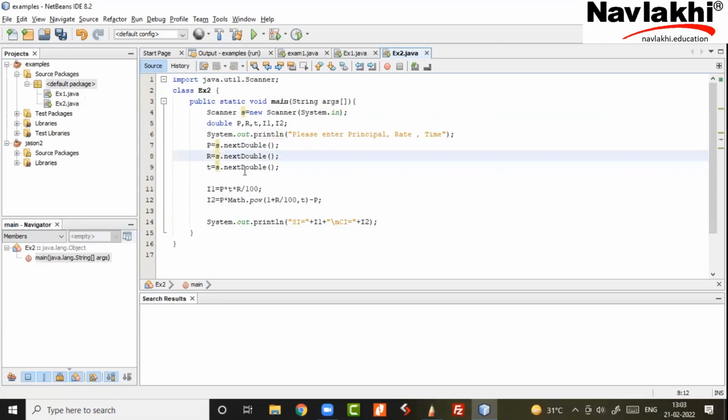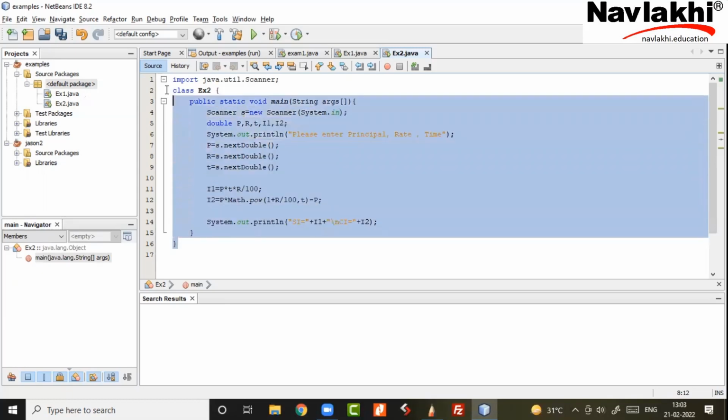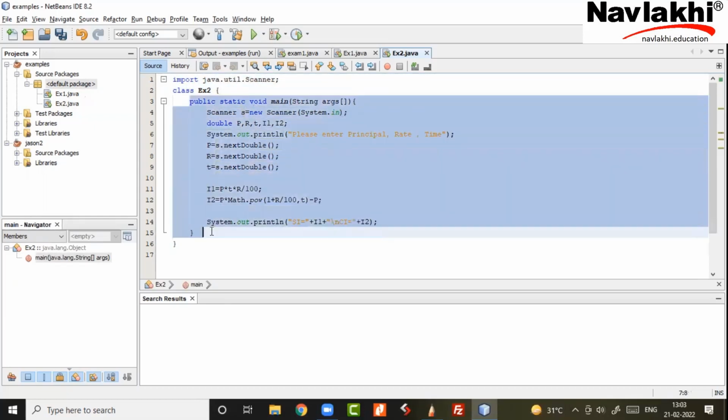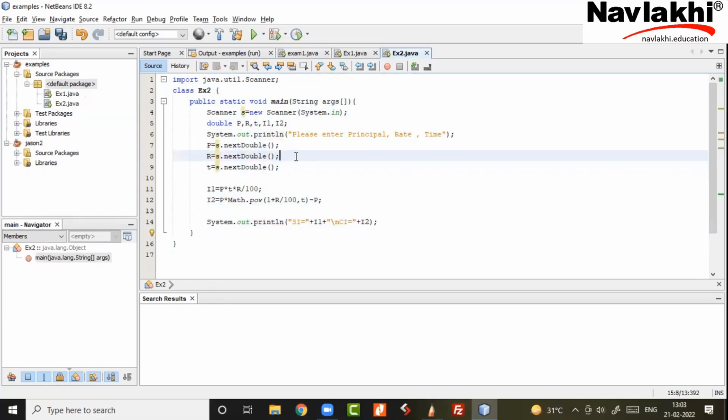Now between technique 2 and 3, there's really no program which I can say that technique 2 compulsory or technique 3 compulsory. 2 and 3, both will work under any circumstances. Technique 1 is best avoidable because it's good only if you have a single programmer who is writing the main. Imagine that 10 programmers, they're not going to come and write their portion within that main and move on.